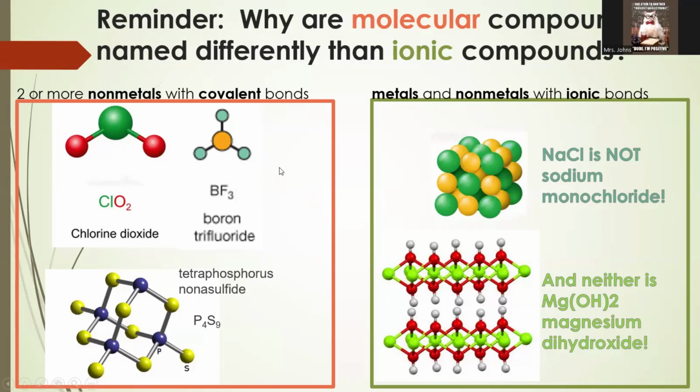Thinking about the difference, why are the molecular compounds named differently than the ionic compounds? So these molecules, here's chlorine dioxide, boron trifluoride, and tetraphosphorus nonasulfide. This one has 4 phosphorus and 9 sulfur atoms in it. But if you look over here at the ionic ones,